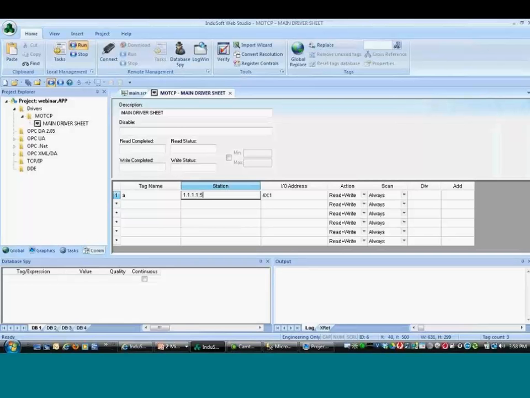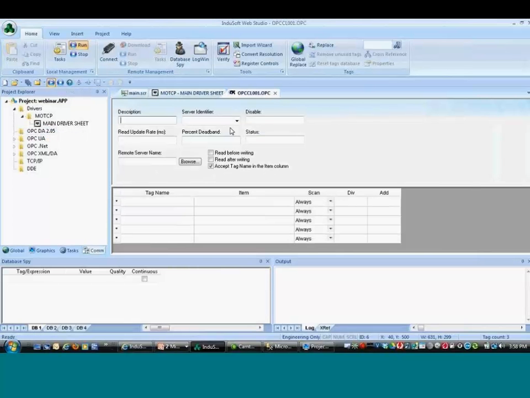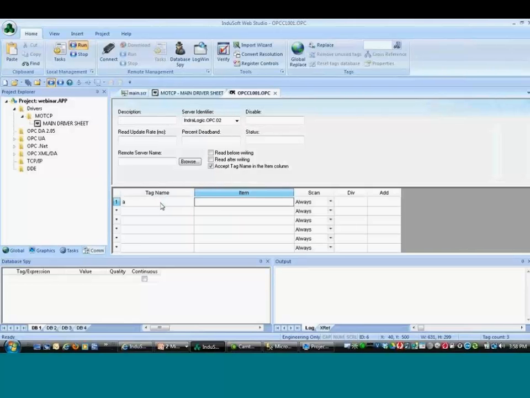For instance, something like this. So here you read data from this device using the Modbus driver and read the value from the holding register 1 to the tag A, for example. Now, if you want to send the value of this tag A to an external OPC server, all we have to do is create an OPC client worksheet, select here the OPC server, and say here I want to send the value of the tag A from InduSoft to the item, whatever it is, the item name from the OPC